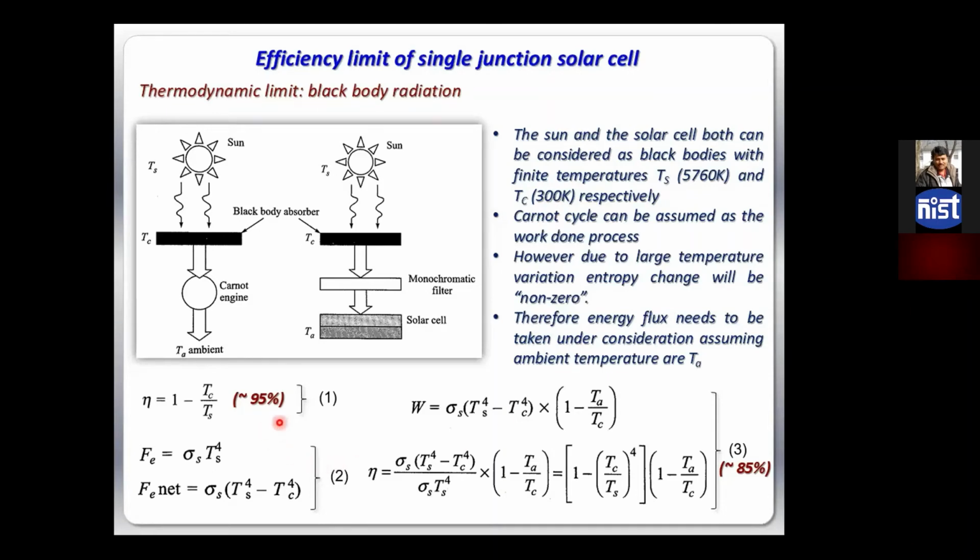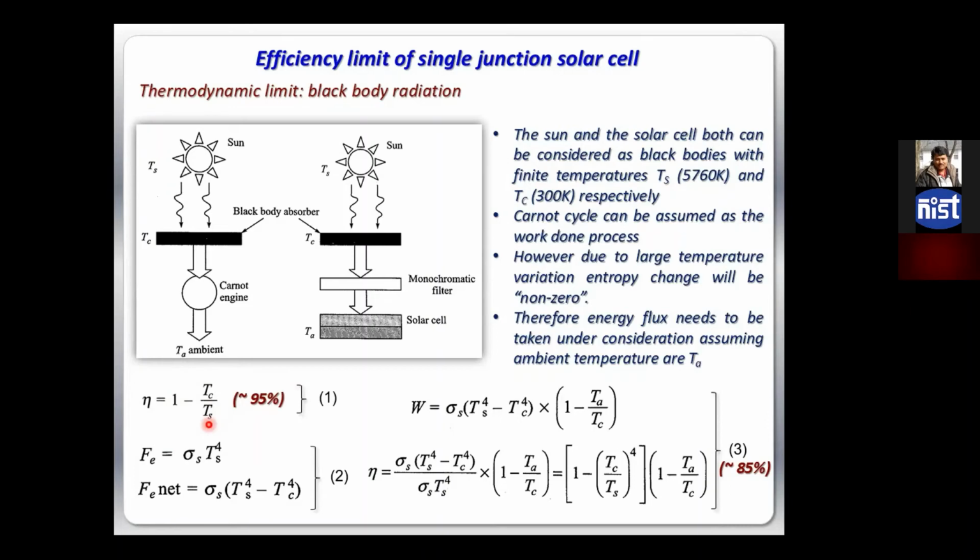And if we can use that simplistic formula of the Carnot cycle, the efficiency of this conversion can be 95%, which is huge, right? We are only talking about 31%, but thermodynamics is saying that you can achieve 95% if you can solve all of your problems one by one, all of the limitations one by one. But this 95% is a little bit of an overestimation, because for such an equation to hold true, we have an assumption